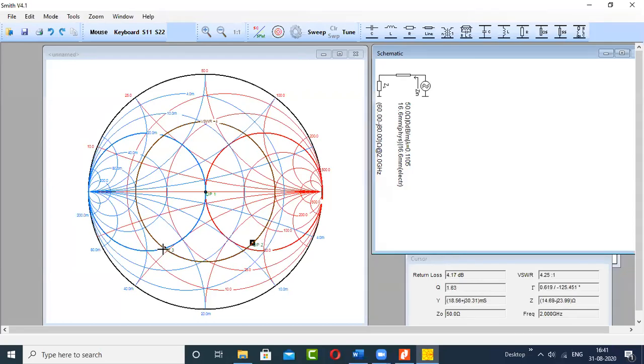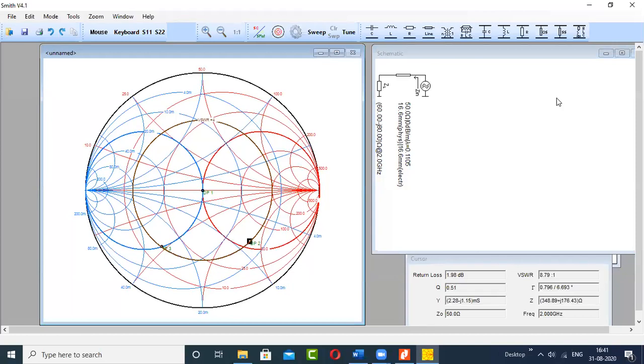Now next, you have to add the stub. Sir, which stub was taken? It was the short circuited stub, right? It is the shunt short circuited stub. Here you can see these components: the last, second last and third last are shunt. All the problems will be discussed with shunt stubs only, because this software is not the full version; we only have the free one.